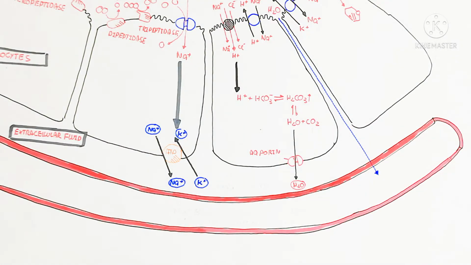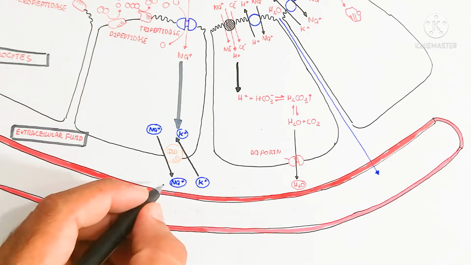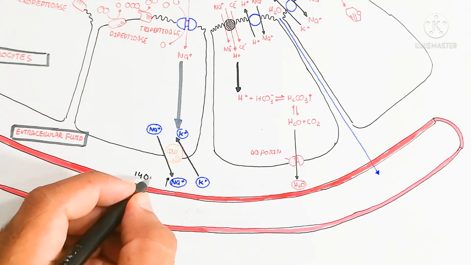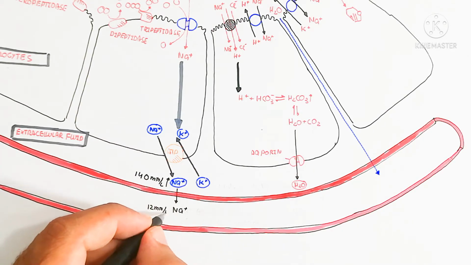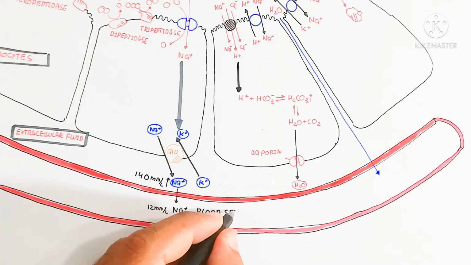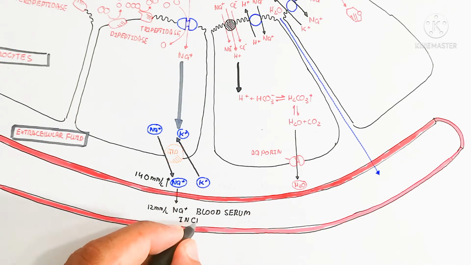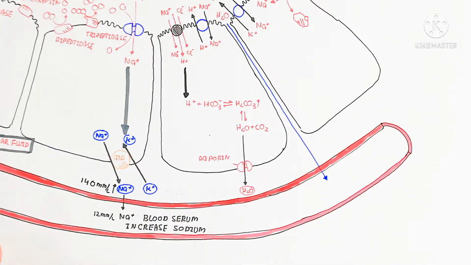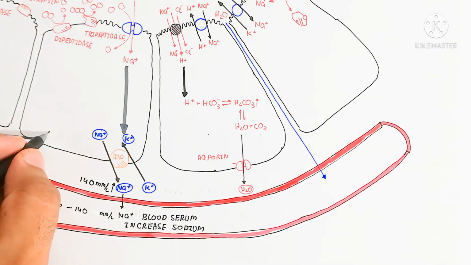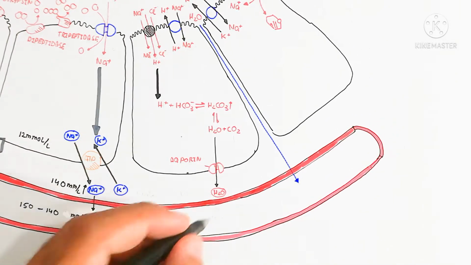So here is the blood vessel. This artery is also known as the mesenteric artery. We can say that it is the gastrointestinal artery. So the sodium moves into the blood, so the blood serum sodium increases. The extracellular fluid also contains 140